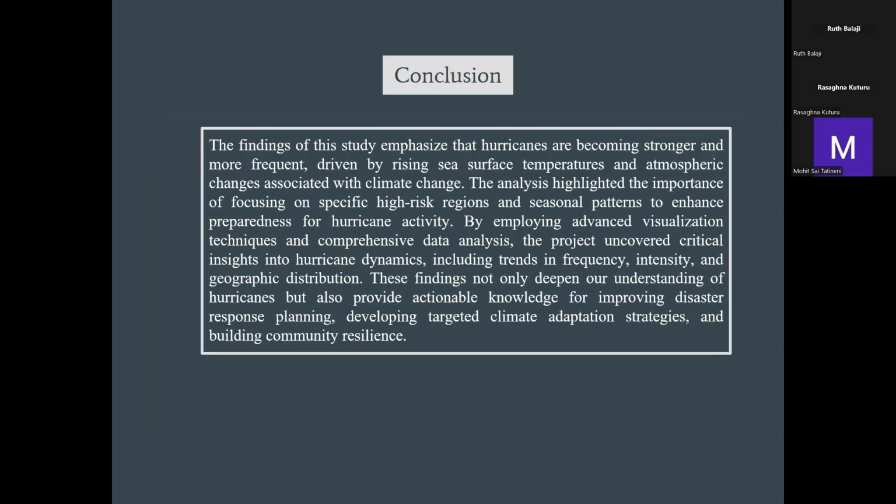Therefore, we want to conclude that hurricanes are becoming stronger and more frequent due to climate change, emphasizing the importance of preparedness and resilience. Our analysis provided critical insights into frequency, intensity, and geographic trends, offering a foundation for informed policy making and disaster planning. By employing data-driven techniques, we contribute to building community resilience and improving disaster response strategies, achieving the primary goals of